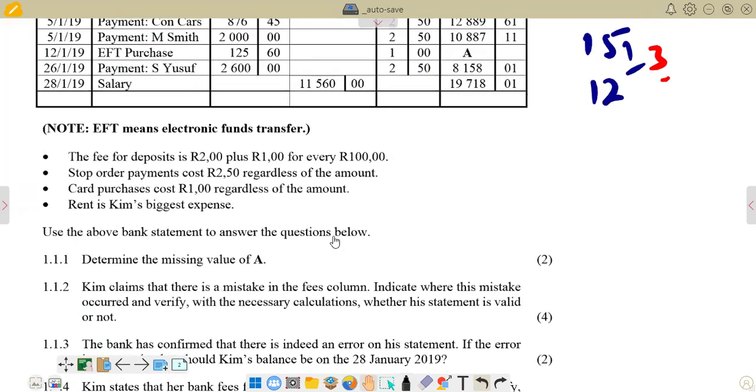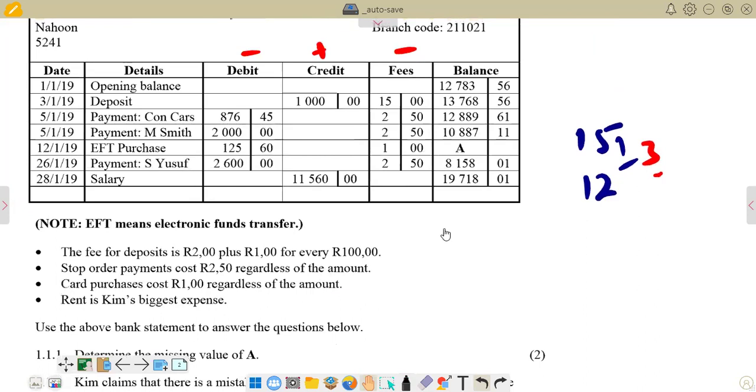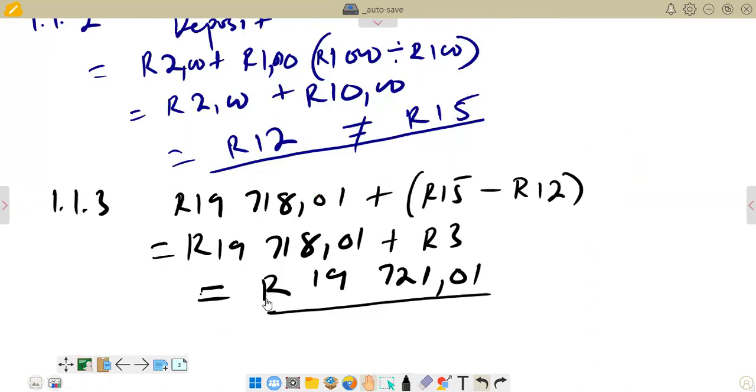So if you come here, you see that the column for fees is here. So we are going to say 12 rand. Remember, the correct figure here is 12 rand, and then we add your 2 rand 50, and also add your 2 rand 50, and add your 1 rand there, and finally you add your 2 rand 50. We want to see if the total is more than 30 rand. So if you come here with the other section now, we're just going to summarize that working,